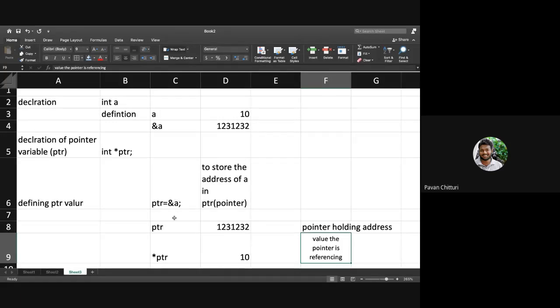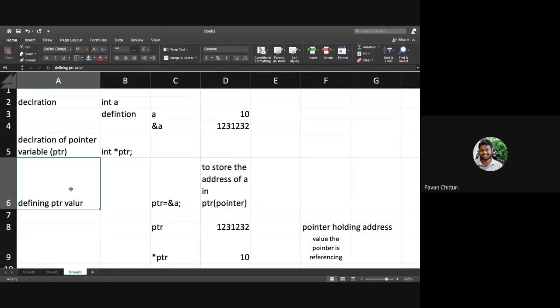If you see, I will try to re-explain the same thing again. So ptr is nothing but a pointer. Declare star ptr. This is the syntax to declare a pointer: data type, what you want to create the pointer for, variable name, and a star indicating it is a pointer. So this is the declaration of a pointer. This is how you define a pointer.